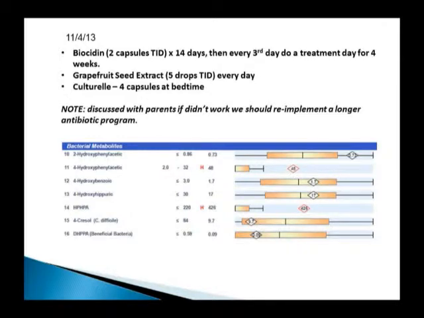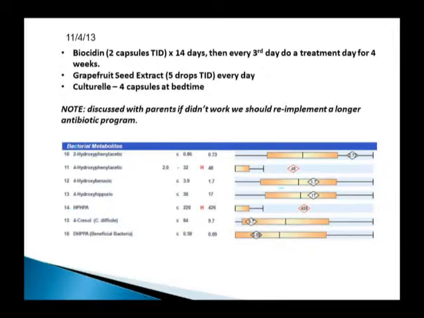And right around this time was when we started to learn about this research of doing the cyclical dosing. Instead of just doing every day, start to look at doing cyclical dosing based on the antibiotics. So I then took that principle and said, all right, if we do 10 days of Vanco or Flagyl, and then every third day do a treatment day for 3 weeks, how would we do that with natural remedies? My typical approach when you're using herbal remedies is generally to use them for a longer period of time, whether that's for bacteria, yeast, or even parasites.